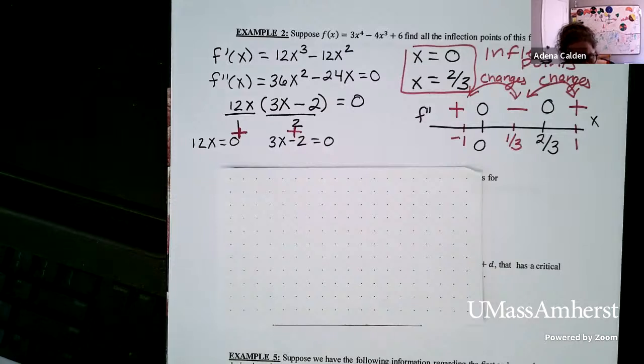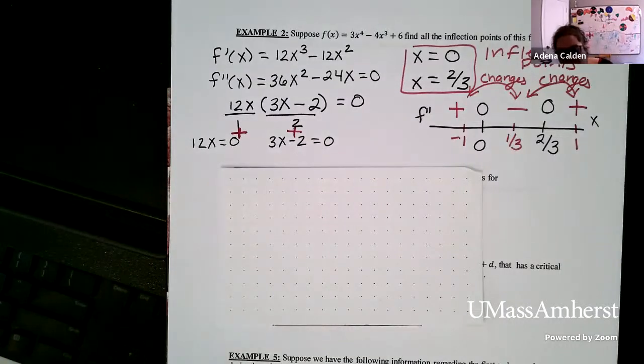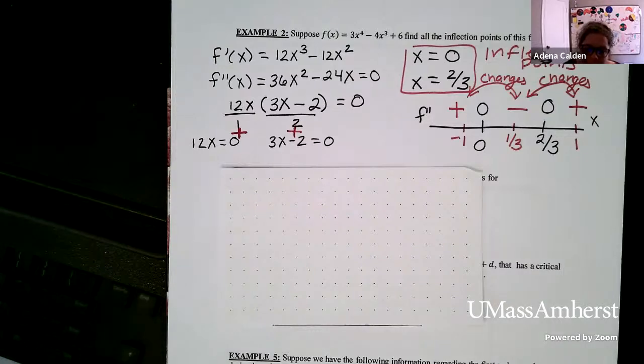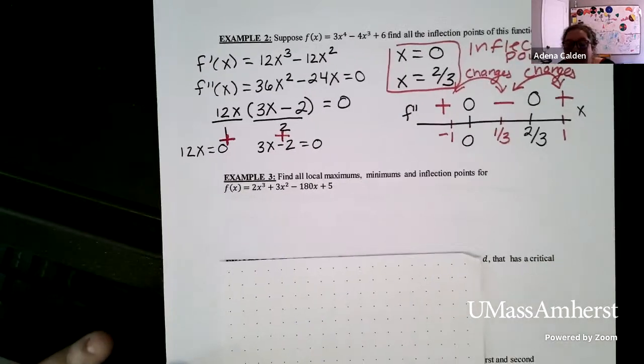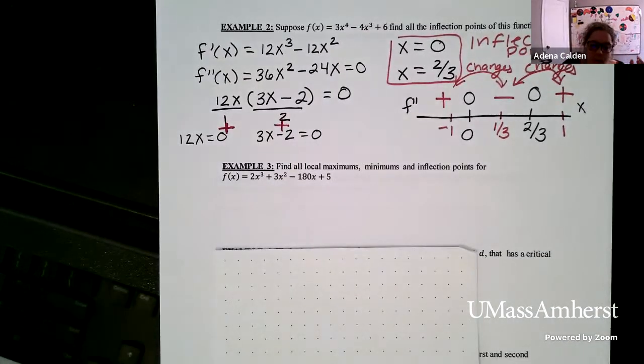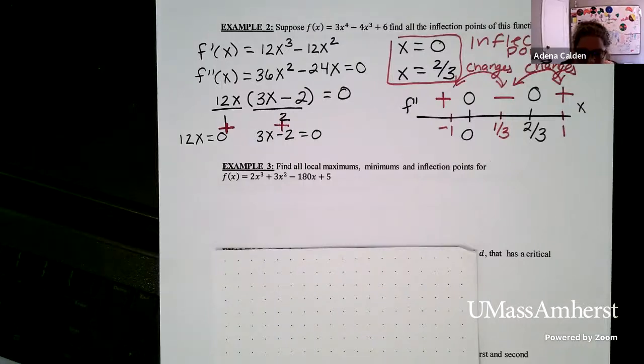So now that we have a sense of the process of testing inflection points, I want to give you a common way in which this is asked for on homework and sometimes on quizzes. Commonly, the idea of finding inflection points is paired up with finding local maximums and minimums. So this is a very typical type of problem that would involve both of these things. Find all local maximums, minimums, and inflection points for the function 2x cubed plus 3x squared minus 180x plus